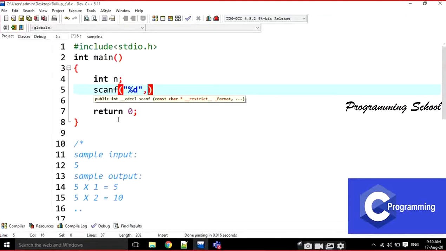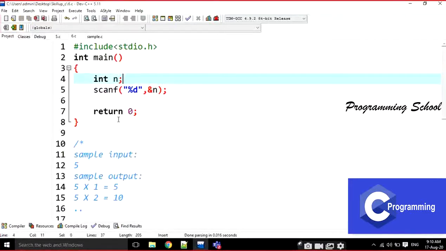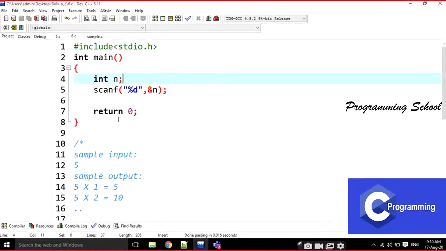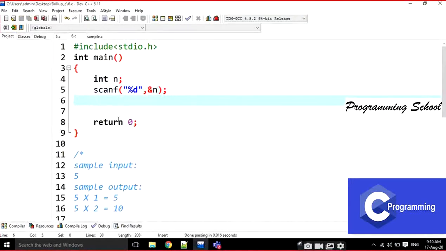Some students are thinking, sir, please type some "enter value for n" message, but I'm not writing it anywhere. Why? Because in any competitive coding platform, like HackerRank, we don't write all this stuff, like printf enter value for n.